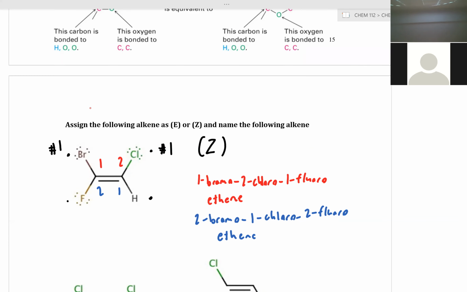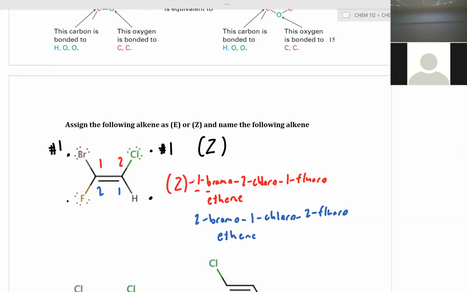Red. And the reason being, it gives the smallest possible locant numbers and it places the smallest locant number from each substituent, from first substituent to the last substituent, and it places the smallest locant number in alphabetical order. So this first naming convention wins out. So we'd call this Z, 1 bromo, 2 chloro, 1